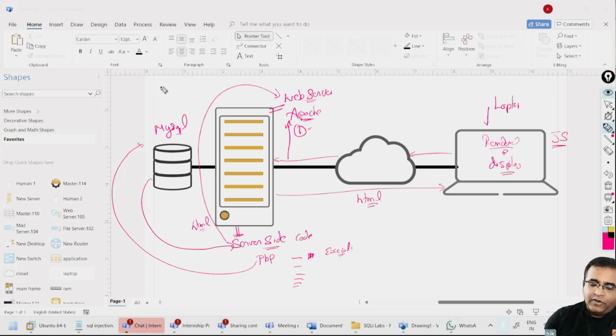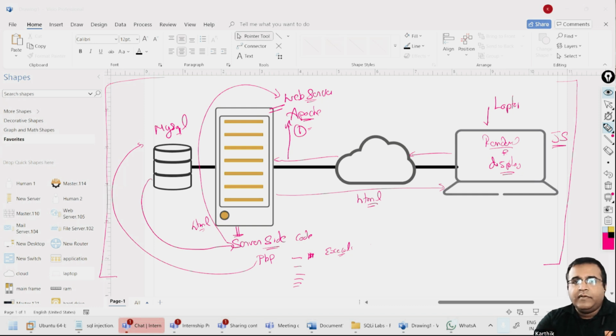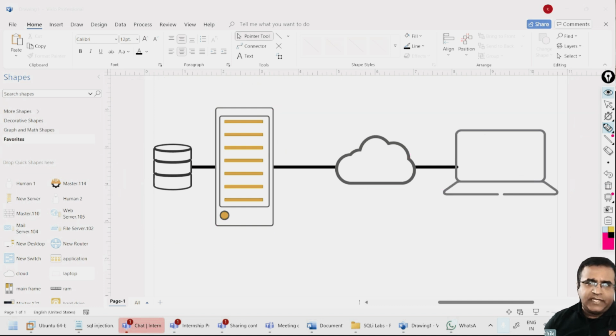All right. So this is predominantly the way the application code gets intercepted and worked on. Every time there is a request coming in, Apache is going to look at which code is getting executed, and then it is going to manage this process in a particular way. Okay. So now that is there, there are a few other things we need to know. At the same time, we will also look at some very basic SQL commands, because that is what makes an SQL injection attack. The payload is just me manipulating the SQL commands. So we're going to look into that.